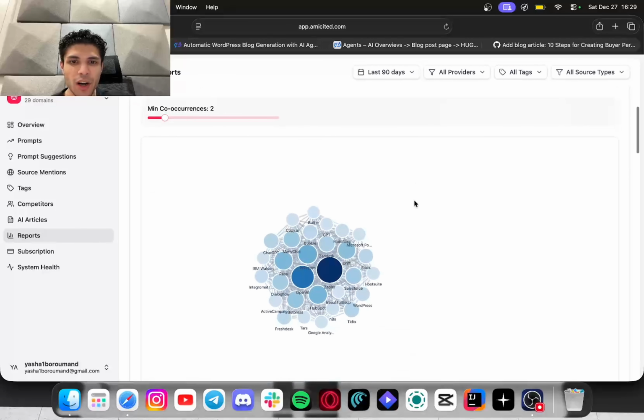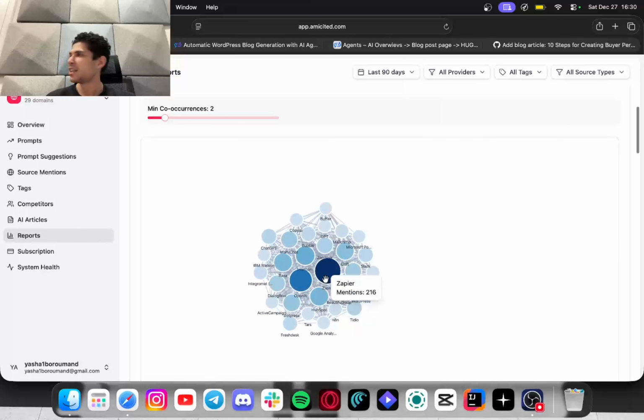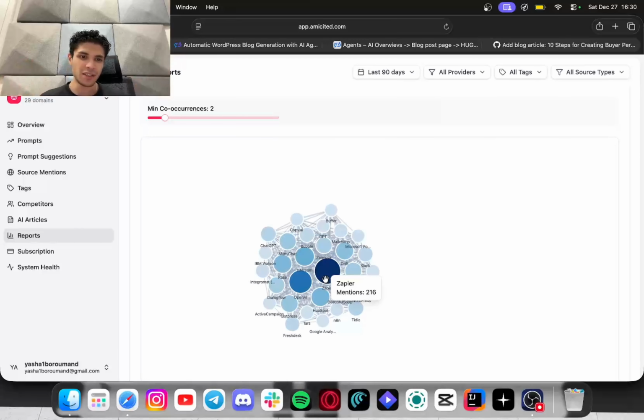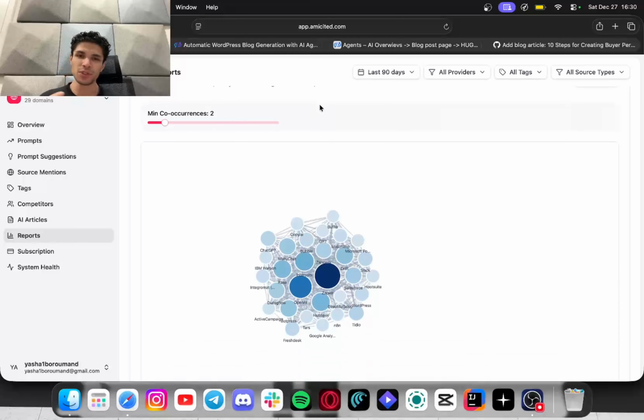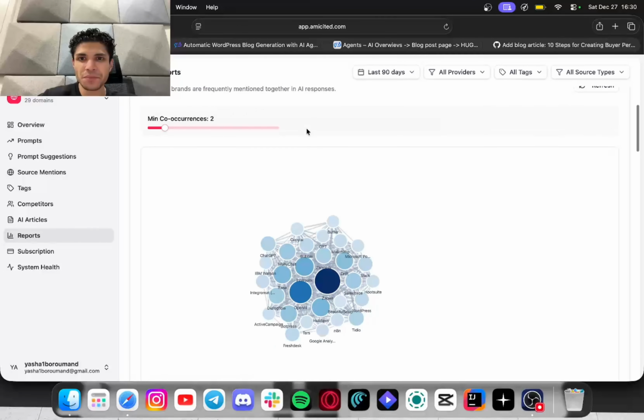And brand co-occurrence works in the same way that we're tracking different URLs and domains that are connected to each other within the same prompt. There are also connections between the brands. So this means in most of the responses that we're tracking in Am I Cited, for example, Zendesk is overlapping with Intercom or GPT and similar.